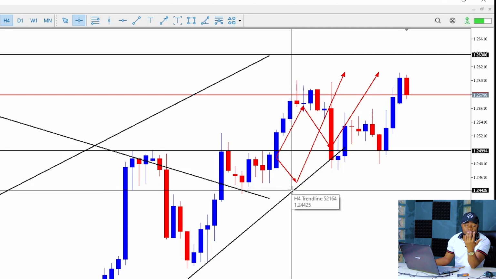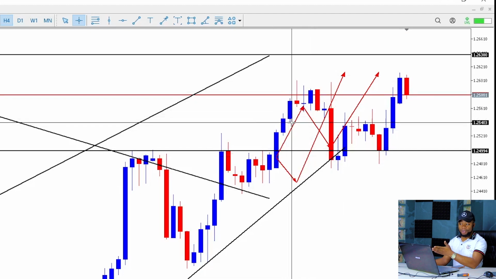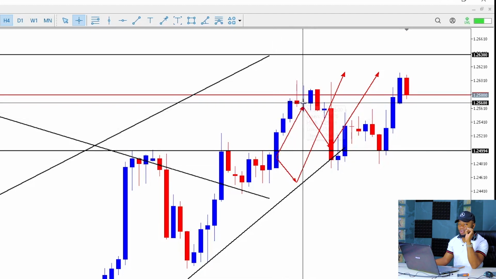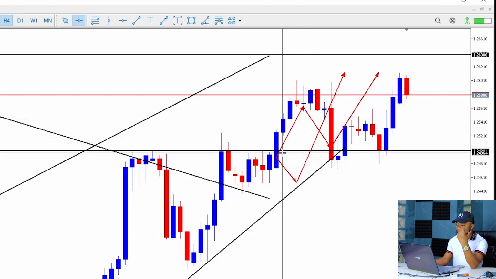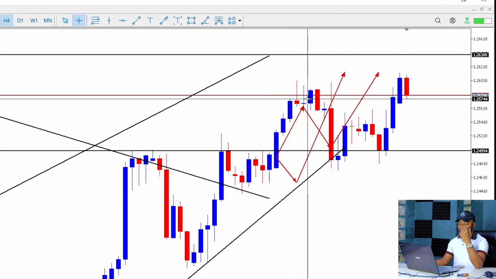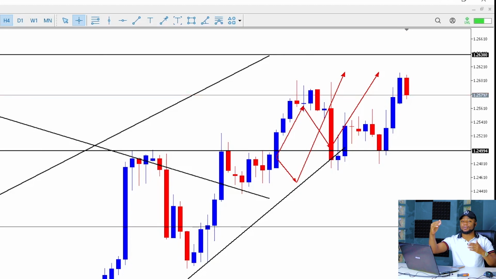What if the market doesn't drop, and as soon as the market opens, the market just continues going up, as what you saw? Good. All these arrows were drawn on Sunday. You guys saw it. According to my analysis, I planned very well that as soon as the market opens, if it decides to go up, I'll wait, because the market always works in a wave. There's no way you just buy and the market will go like a slingshot and hit your take profit. The market breathes out, breathes in, exhale and inhale, exhale and inhale.